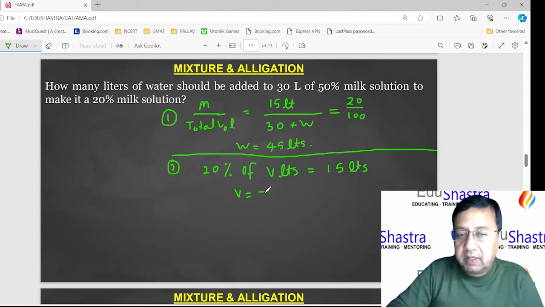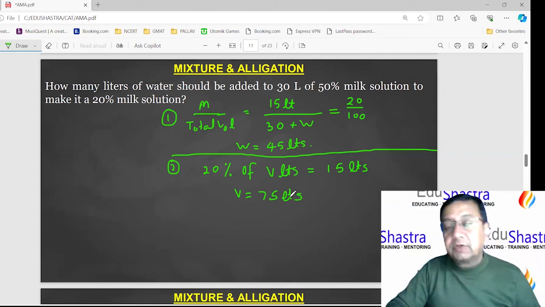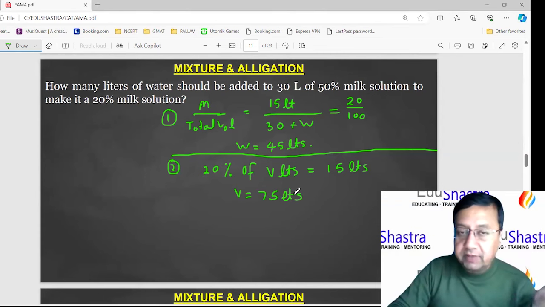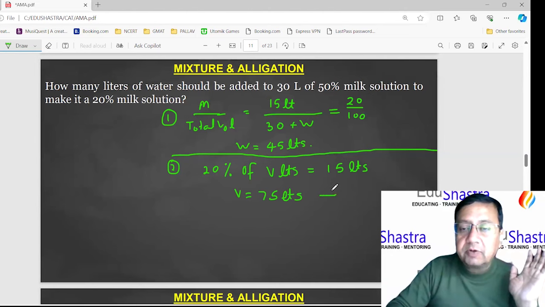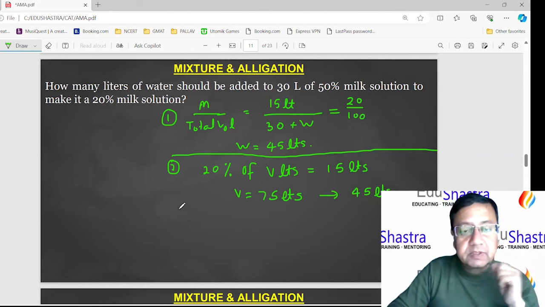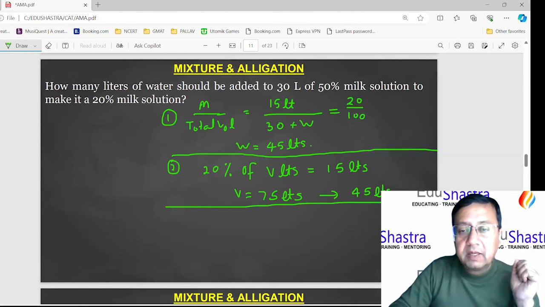Yes, this is 75 liters. Right. So total volume is 75. We have 30 liters already with us. So how much water is added? That is 45. Right. So this is the second way. Done. Next, third,